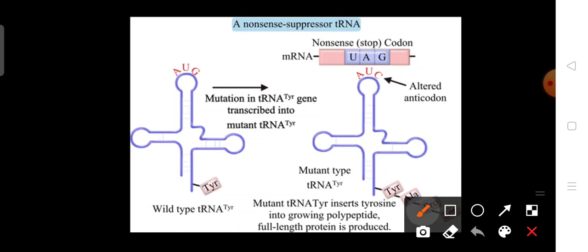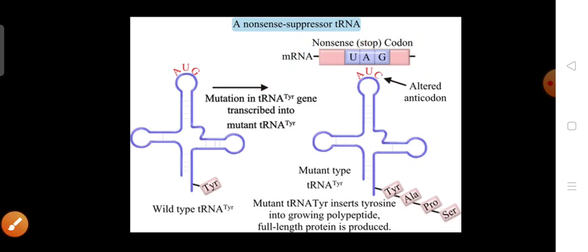So this is a nonsense stop codon. Okay, in the mRNA, CAG has been converted into UAG. Can UAG be read by any anticodon? No. So what is done here is